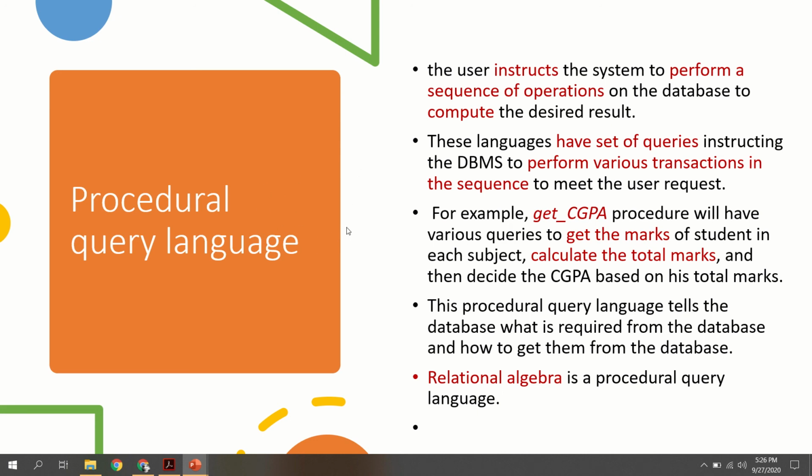Each step can be a query which will retrieve certain information from the table, and using that information some results will be calculated which are actually needed by the user. For example, suppose that there is a table called a student table, which contains different information about the student, like the name or maybe the ID, maybe the marks, etc. Okay, suppose we are writing a procedure in order to calculate the CGPA of a student.